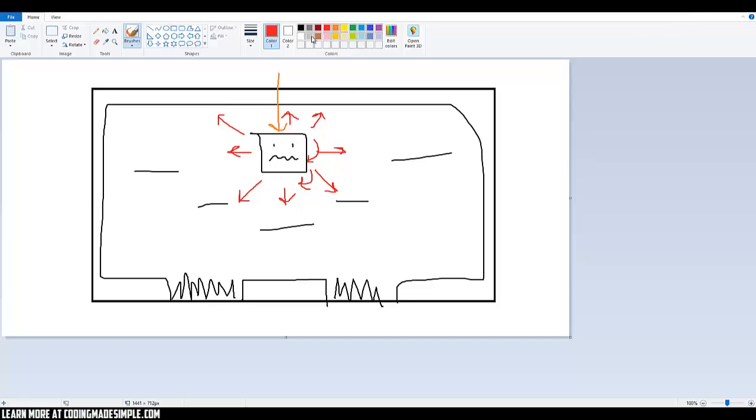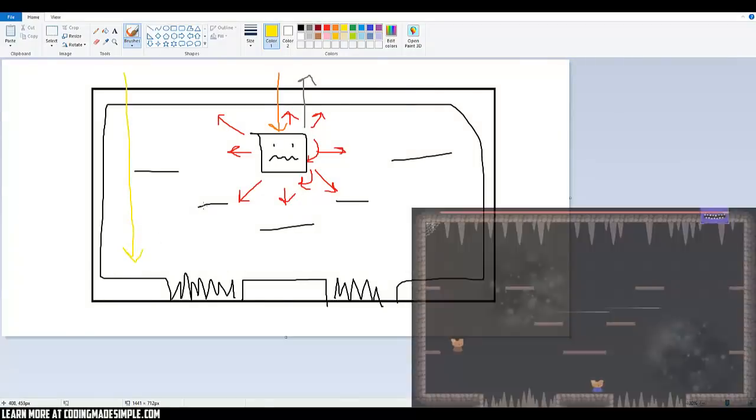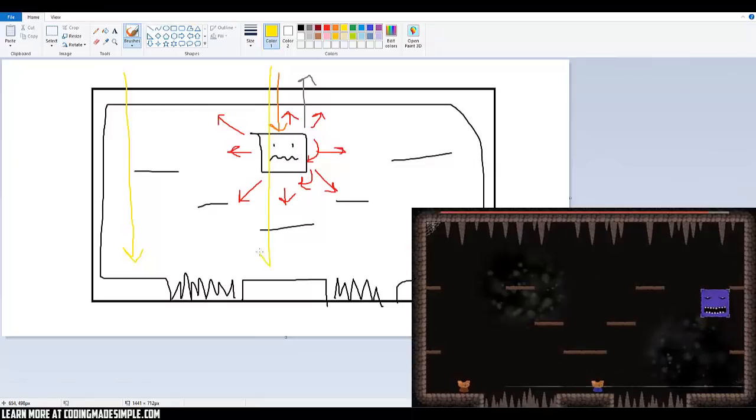So after he does that, what I want him to do is go back up and he'll select one of 4 positions to come down on the player and try to smash the player. Okay, so those positions are going to be this one here, this one here,